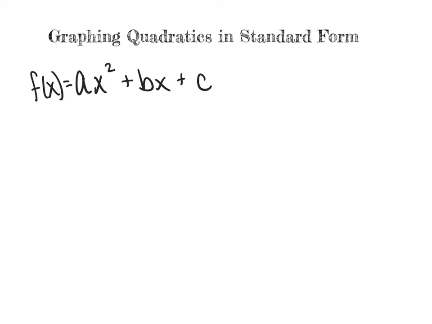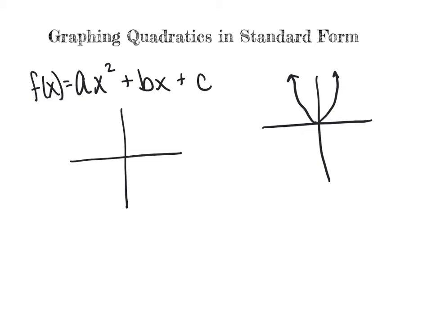And when we graph a quadratic, we get the familiar shape, which is the parabola, or you may see it as the U shape. It looks something like this. And this parabola has key features that we're going to look at and identify. So there's certain things we want to identify on this. In particular, we want to be able to identify this value right here, which is called the vertex,